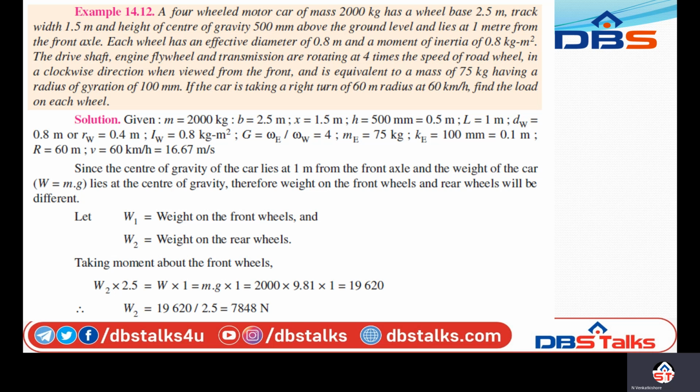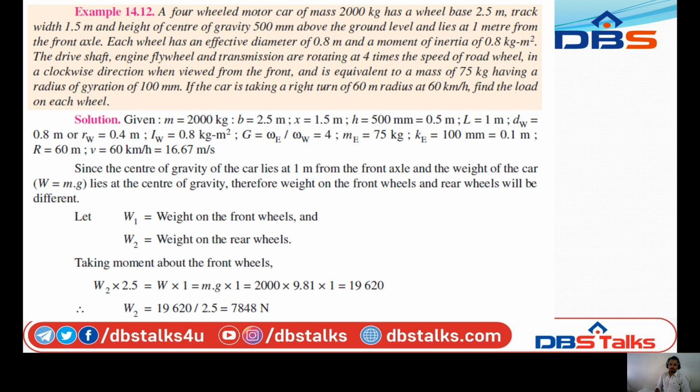So further we are taking into consideration the given data, that is mass of a car, M, and wheelbase 2.5 meter, track x 1.5 meter, and height of center of gravity, that is h, 500 mm, that is 0.5 meters, L length 1 meter,